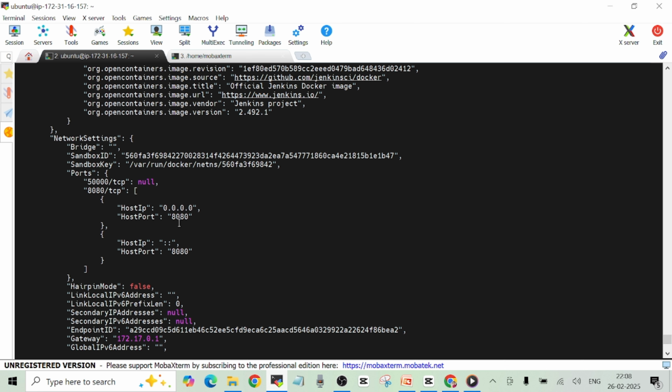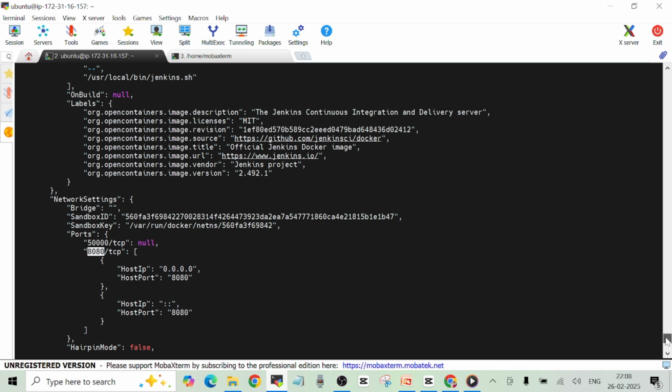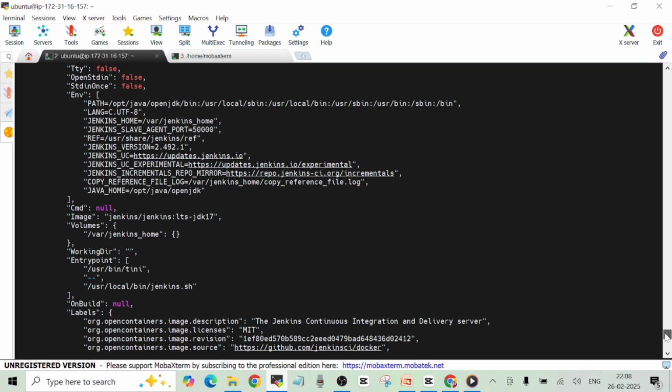It is running on port 8080. The host port is 8080, and it is running on port 8080 inside the container. And then you can see the gateway ID. If you look at some additional details, the name of the image,